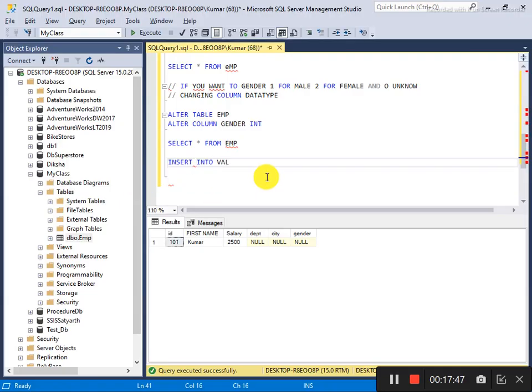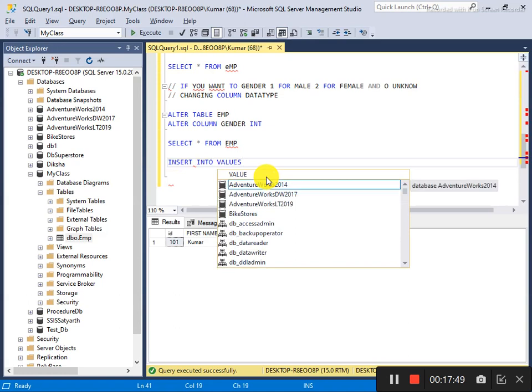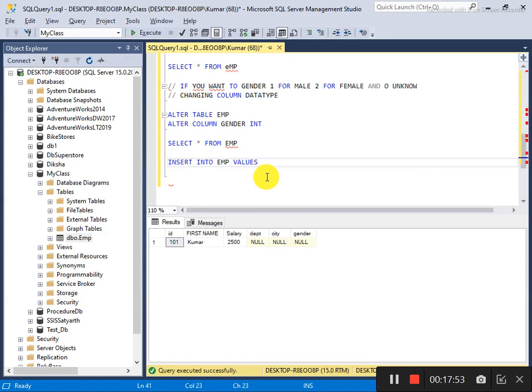Insert into emp values. Like you want to insert values into the emp table. So if I say id equals 102, and now the first name is... when you put any word or string type, you have to use single quotes.